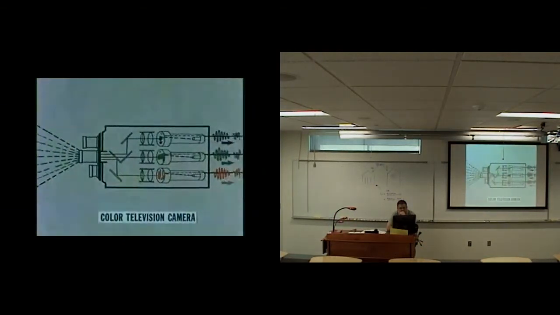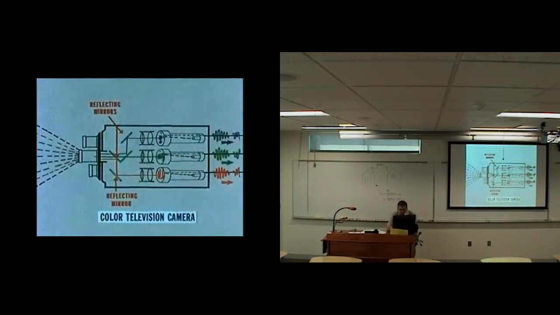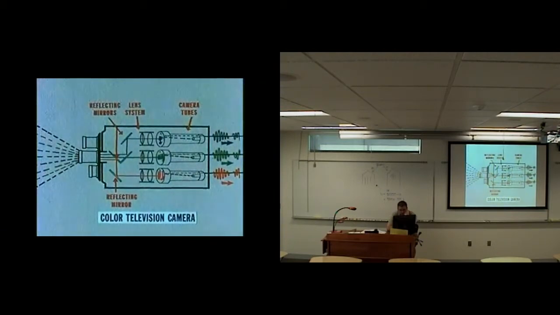The lens of the color television camera collects light rays in full color from the scene being televised. Within the camera, an ingenious system of mirrors breaks down the light rays into television's 3 primary colors, blue, green, and red. They are focused through the lens system to the special camera tubes provided for each primary color, and the primary color signals thus produced are simultaneously processed for transmission.